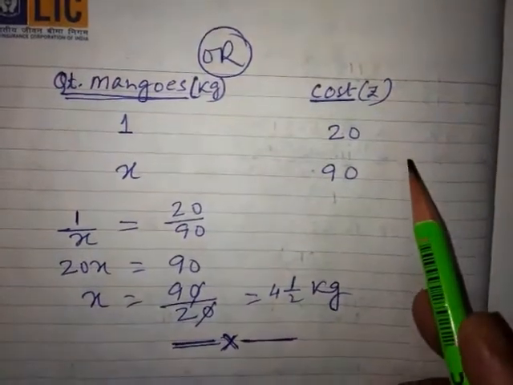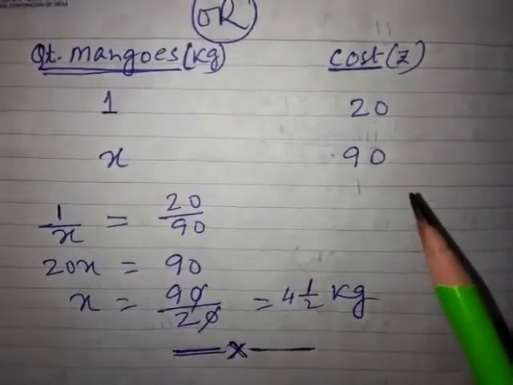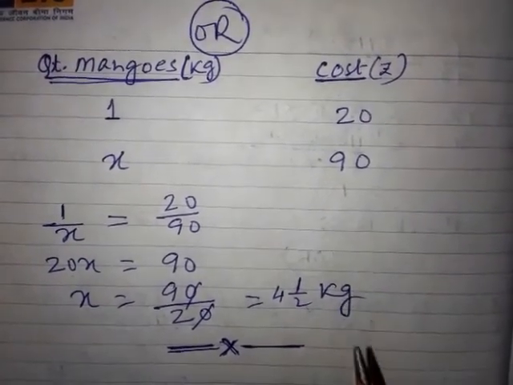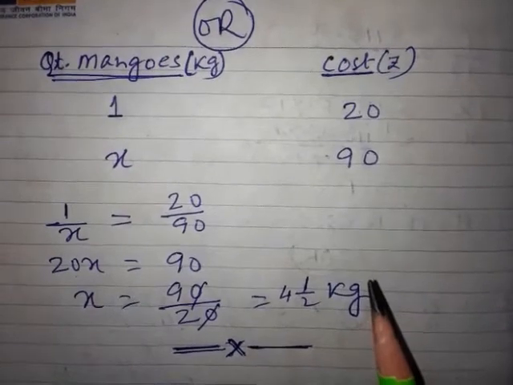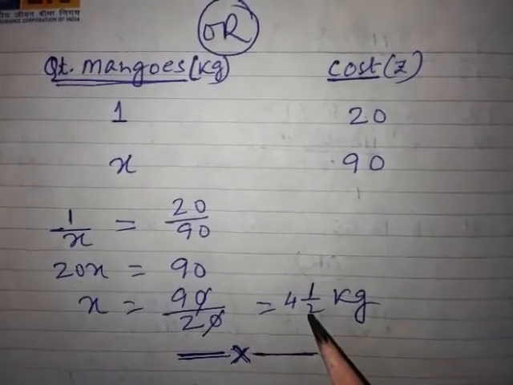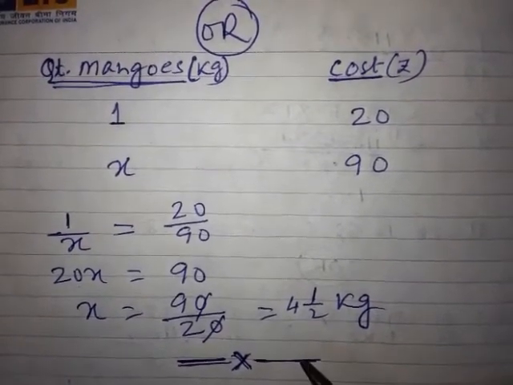The same problems can be solved with the help of ratio and proportion also. I am showing you both methodologies. Whenever you do the homework, just use only one method. No point in doing both methods. But here I have shown you certain maths in different methods, because whichever methodology you find easy, you are supposed to do it. I have no problem. Okay.